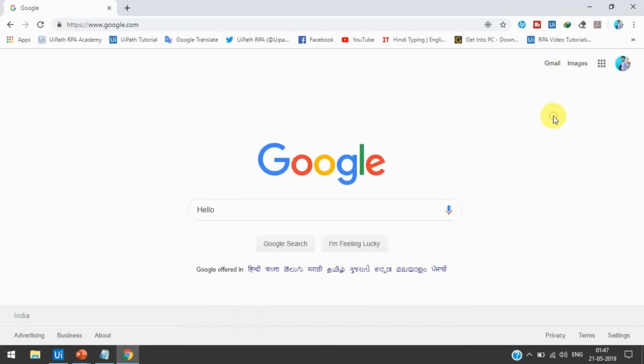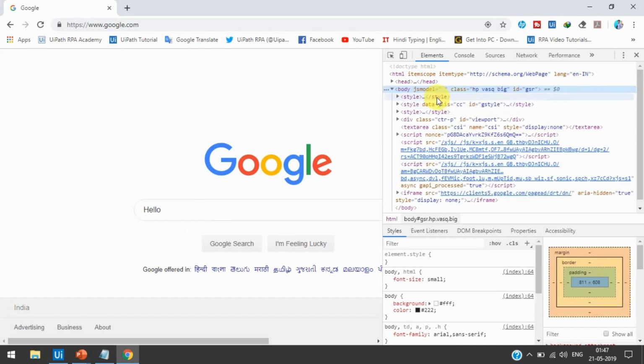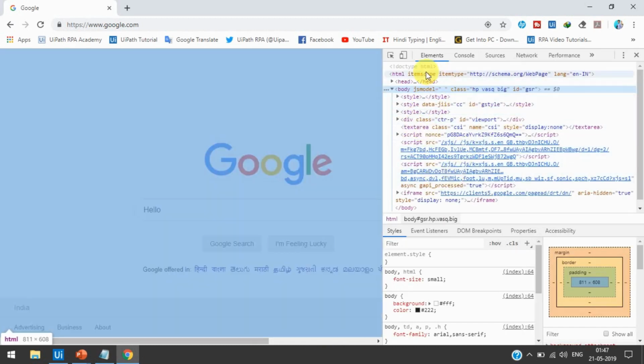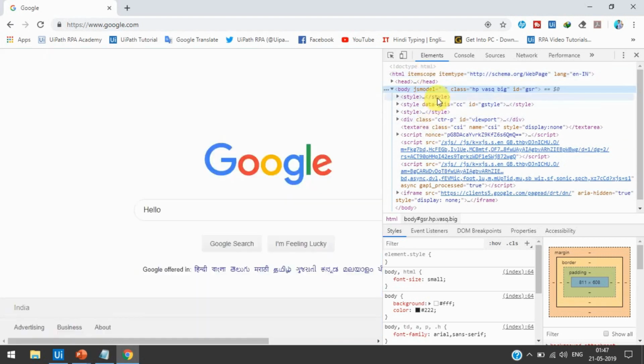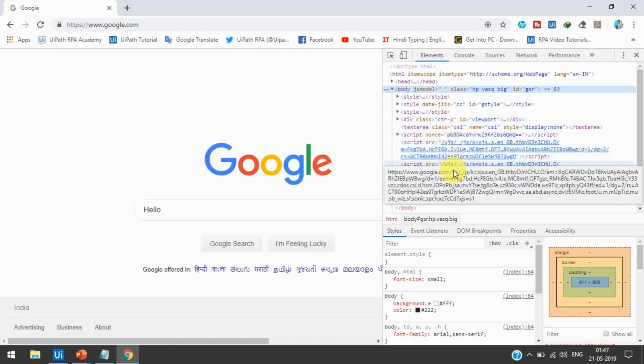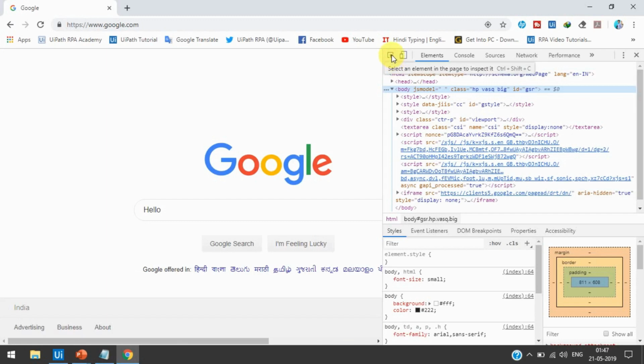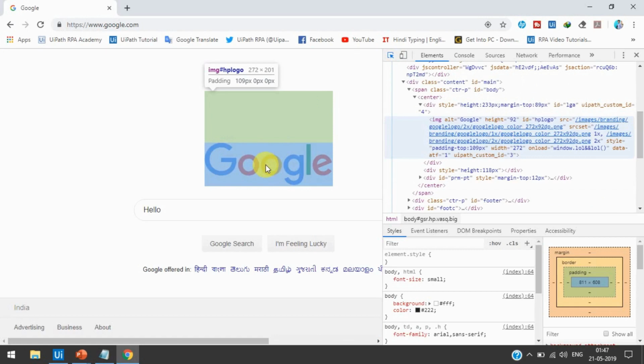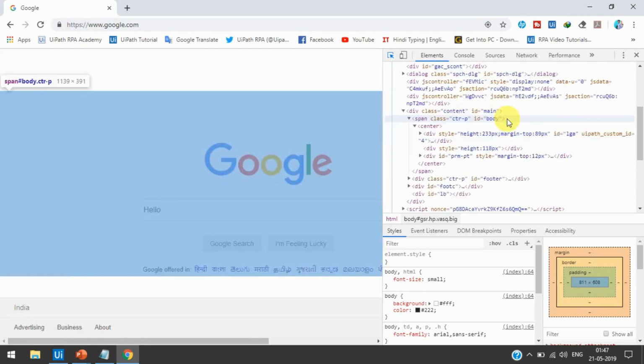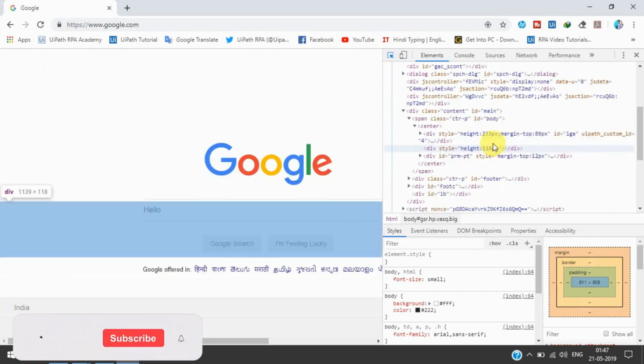So for that we'll press F12 and then we get these options. These are the elements it's showing here, which is the same as a UiPath selector. If we click one by one, you can see it is selecting here. We can also select an element here and then go one by one, and it shows this part.